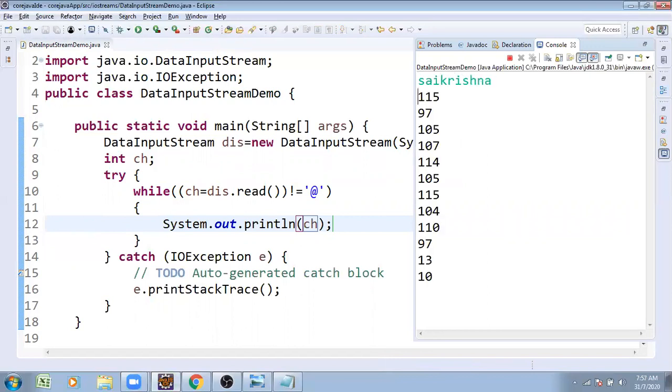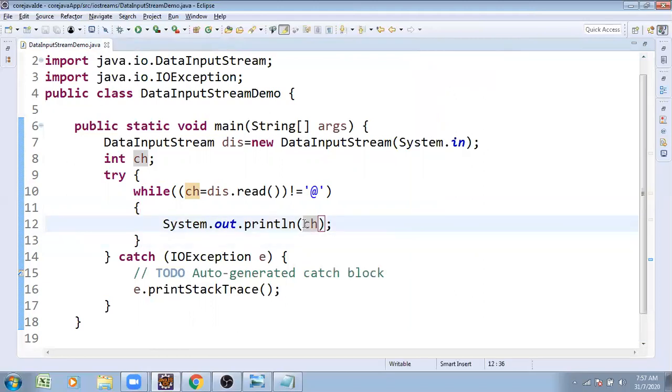I entered some data. When I enter the data, what are we going to get? I expected the data as I entered it, as it is. But what happens here? We are getting ASCII values. S ASCII value, A ASCII value, I ASCII value. Why? Because we took the data here as integer type. But instead of integer, while printing, I expected the result as a character, so I make a cast operation.